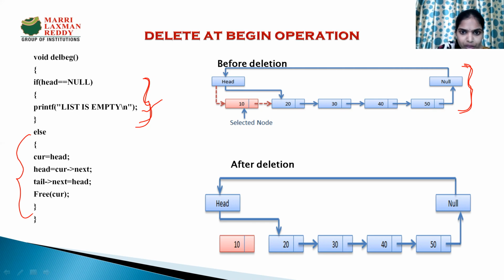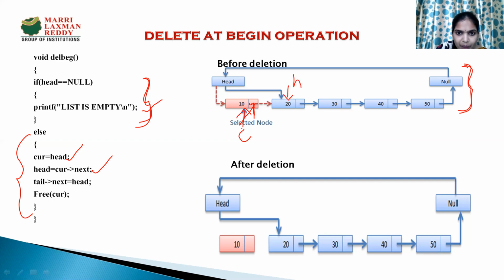First, what we have to do is mark the head node as current. It means the first node as current node. Now what we have to do, we have to move the head node to the second node, where the address of the second node is present in the current node. So in current next, the address of the second node will be present. So we have to move the head node to the current next. So head equals current next. So head is moved to the current next address, that is this place. Head is moved to this place.